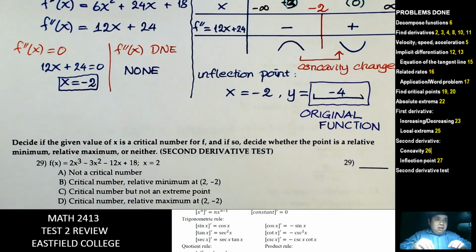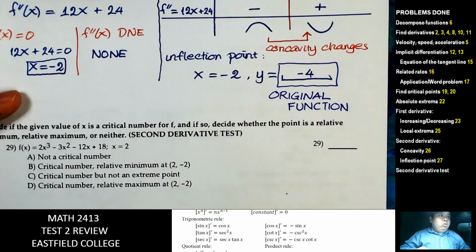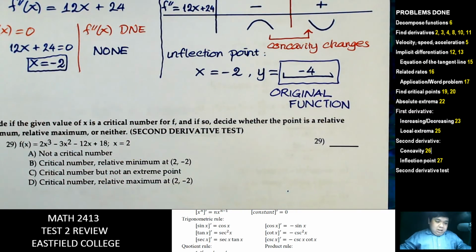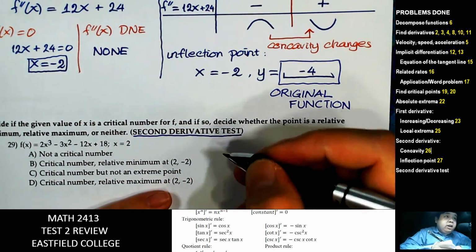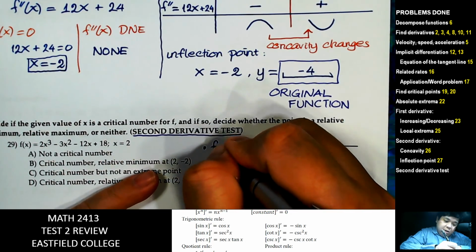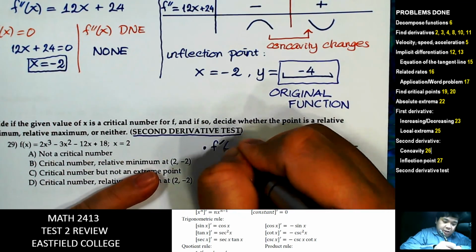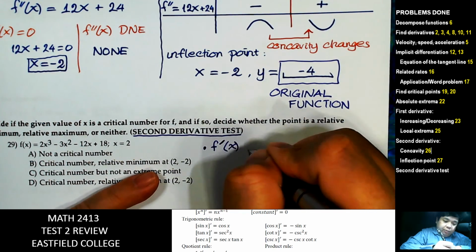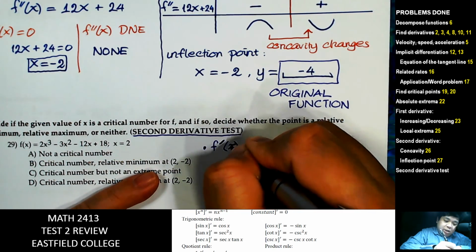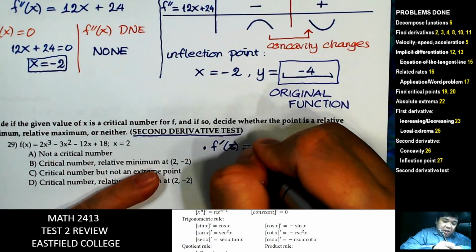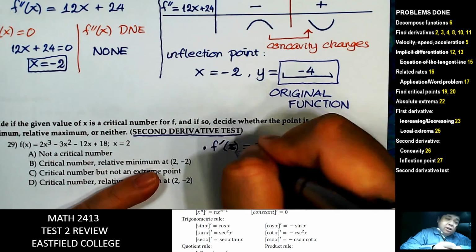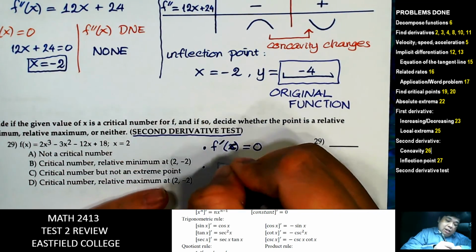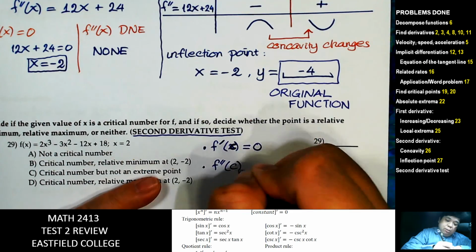Right, second derivative test. I'm going to write the important things here. So for the second derivative test, we're going to have the following. First, the derivative at the point c, not x, must be equal to 0. Not does not exist; this one has to be equal to 0. And then after that, the second derivative: if it is positive,